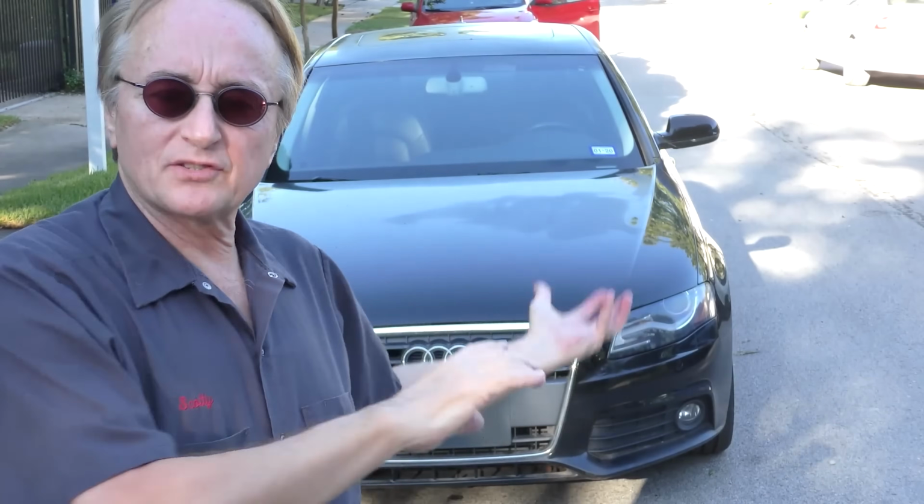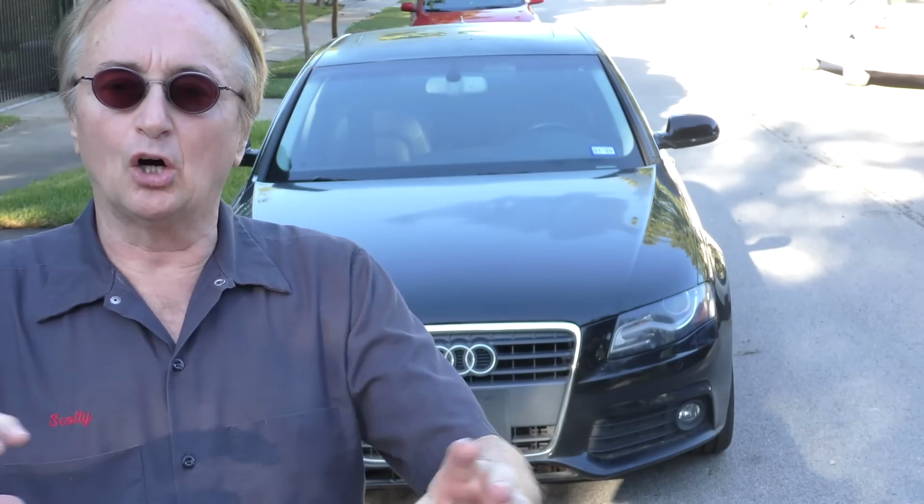Well, people are often asking me about Audis. Oh, they're beautiful looking cars. Do they run good? Is it a good car to buy? Well, I'm going to dispel the myth of Audi supremacy with this absolute pile of junk 2011 Audi A4 2.0